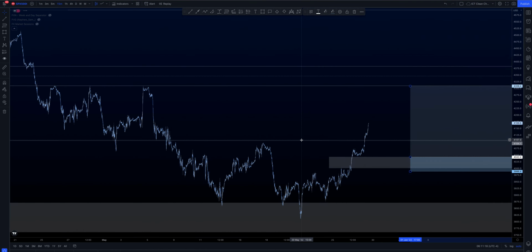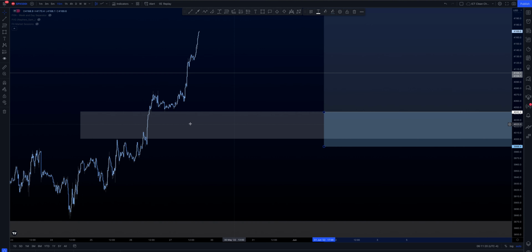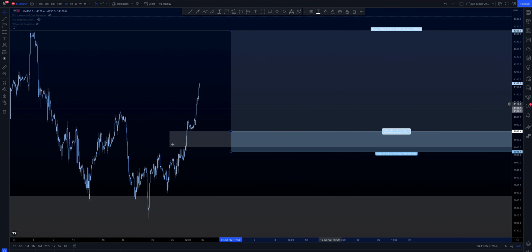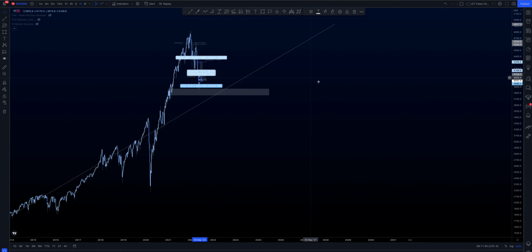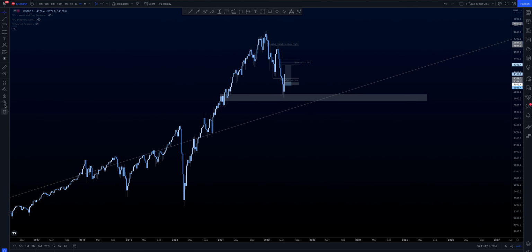So what does that look like here? You can see here, this has given us a good run up, and if we were to come back down into this fair value gap here, I'd be looking for a buy program basically to occur. So I'll be going through the different time frames and looking for an entry sort of late Monday into Tuesday, maybe Wednesday. But with the momentum that we've actually seen coming into the market here, if I just hide all this,